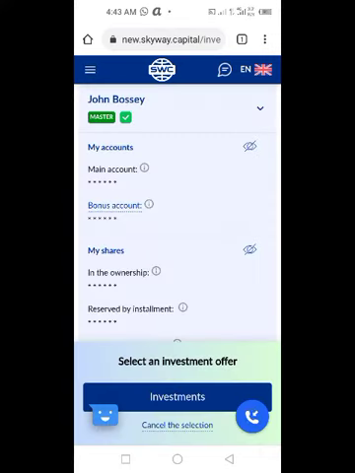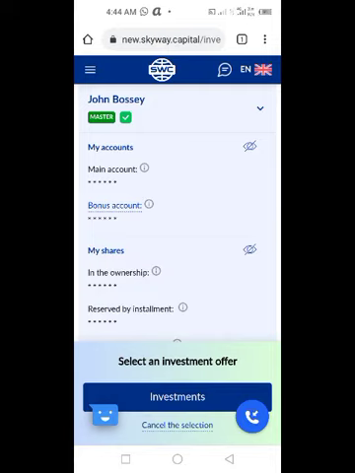And if you have funded your wallet, many of you make the mistake of funding your wallet and thinking that because you have paid and then your wallet has been funded, that your installment has also been paid. It has not. If your wallet is funded, it comes into your main account. You have to go to your installment and pay. If you don't pay, there's a clause in the Skyway contract that says if you don't pay within a year and your wallet has been funded, they can reverse your money to you at their discretion.